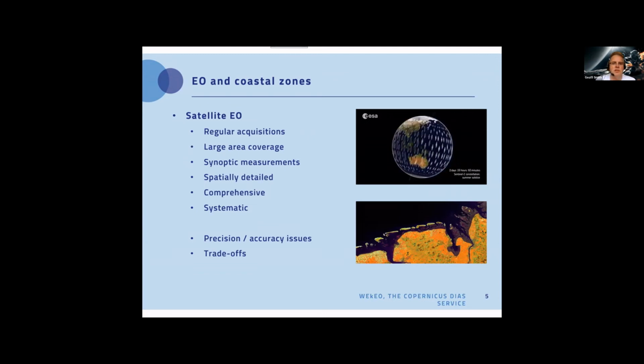There's going to be precision and accuracy issues when we're measuring things remotely compared to measuring things on the ground. And we know that can be a problem. But what we have to do is think about the trade-offs. So if a measurement is taken on the ground at maybe 100 points, with very high accuracy or precision, but with a satellite image, the accuracy may be lower, but we can take tens of thousands, hundreds of thousands, or even millions of point measurements and repeat those at regular intervals. So when we're dealing with monitoring the coastal zone, we have to think about the potential trade-offs with the measurements that we're making.